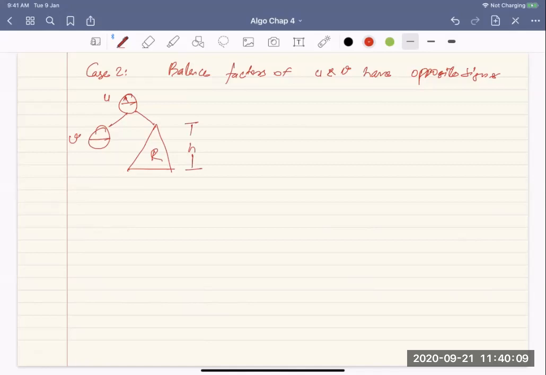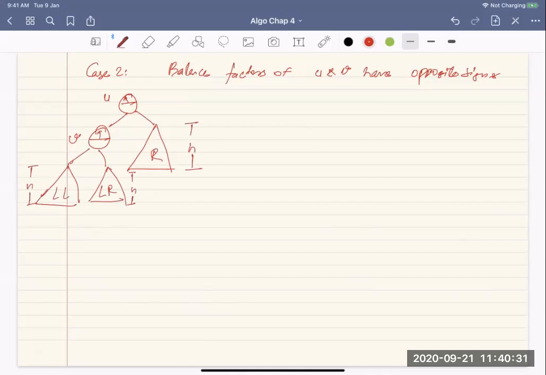And we had two children, LL and LR, and both had the height h. And this was balanced.